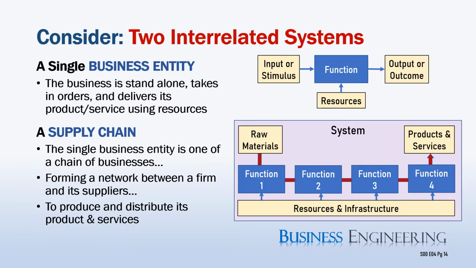However, to optimally understand a business and a business model, it is important to understand the greater system which exists outside the four walls of the business. There is a higher-order business system which most businesses serve as a component. This higher-order system is called the supply chain. The supply chain can be defined as a network of providers linked together between a firm, its suppliers, and the end customer to produce and distribute a specific product or service.